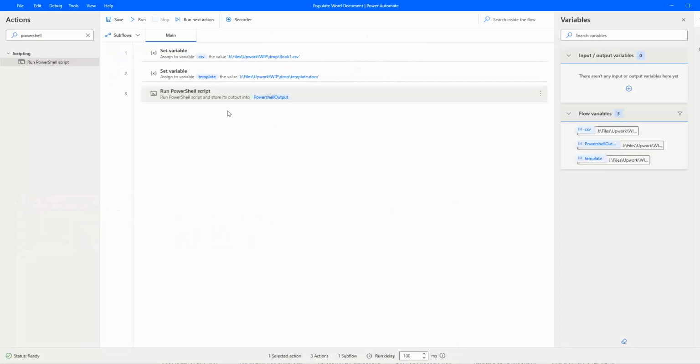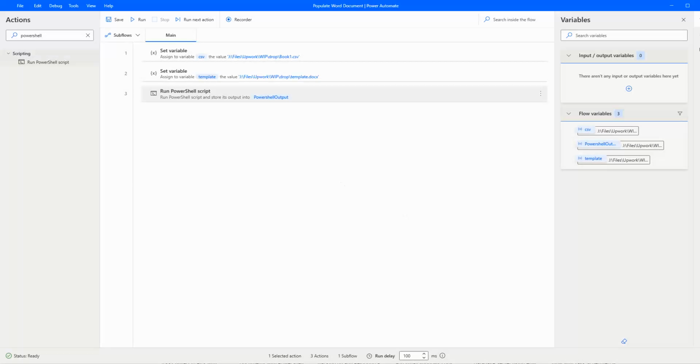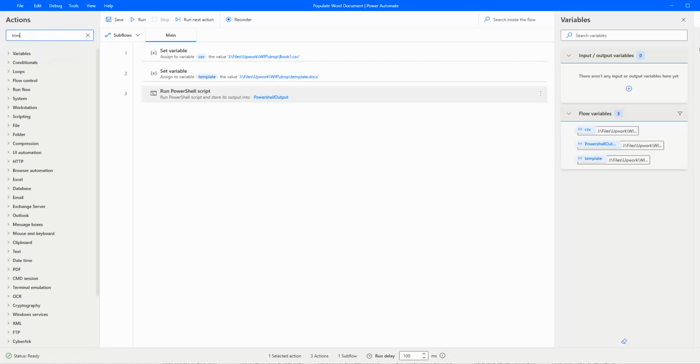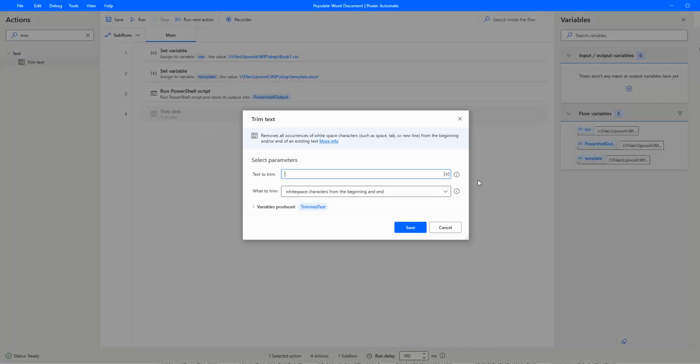Now, if we look at the output of the script, it actually references the file in question which we will be editing. Great. But if you notice, there are two lines. This will cause some headaches, so let's go ahead and call the trim action to remove blank lines on it. Set that trim on our PowerShell output,